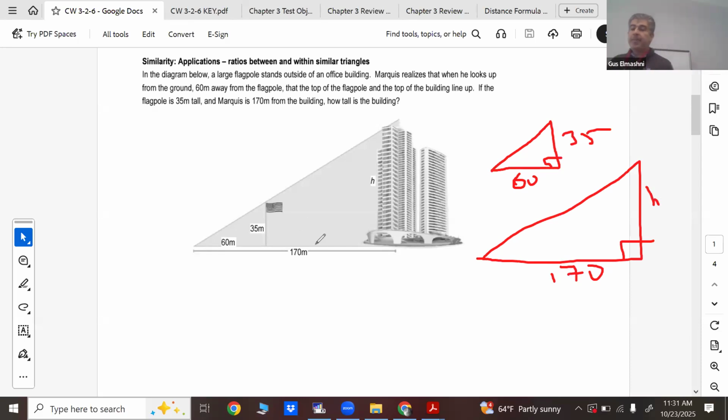So what I would do, recognize that you have right triangles. Also recognize you have similar triangles. The flagpole, I'm pretty sure I would specify this, forms a right angle with the ground. We would expect that. Buildings usually, unless it's going to collapse or the Leaning Tower of Pisa, whatever, are going to form a right angle with the ground, right? And both the big and small share that angle right there, that little sharp corner off to the left. So if I set it up, 35 over 60